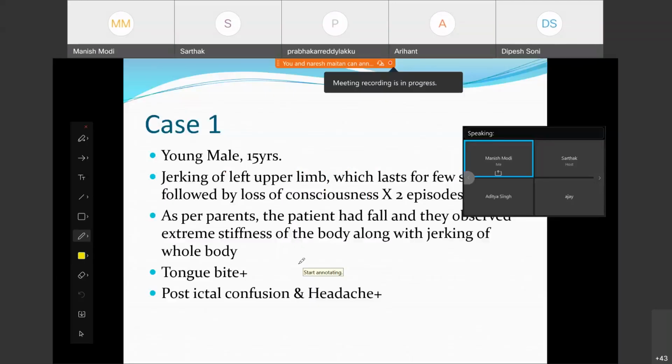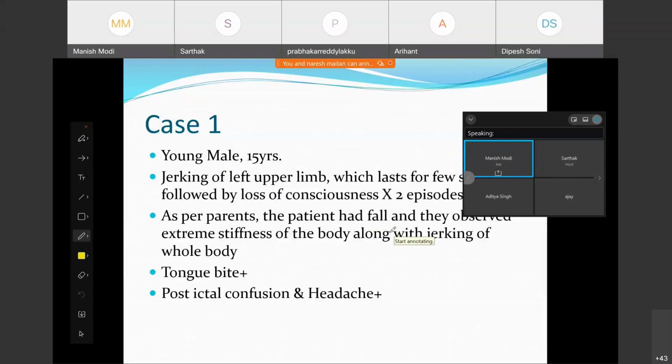In the emergency with focal jerking of the left upper limb, which lasts for a few seconds, followed by loss of consciousness. And as per the parents, the patient had a fall and they observed extreme stiffness of the body along with jerking of the whole body. They were followed by post-ictal confusion and headaches. So